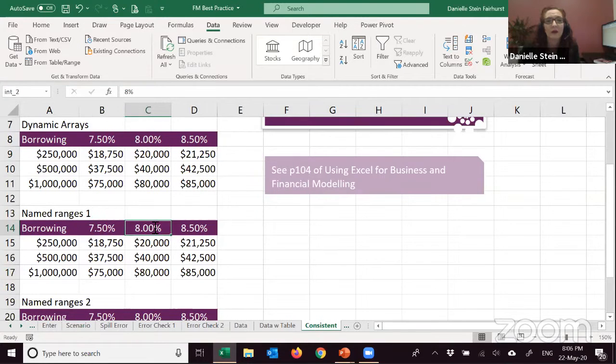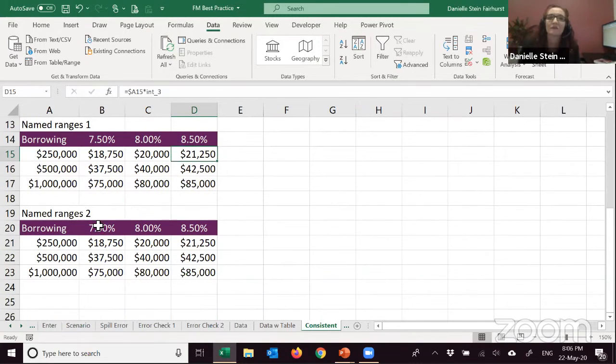That's interest rate 1, that's interest rate 2, and that's interest rate 3, like that. That means you have to have one formula here, one formula here, and one formula here, which means that you don't have consistent formulas. So I don't recommend doing it like that because it's not consistent.